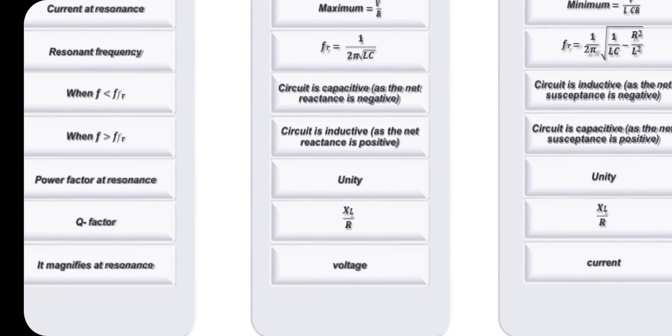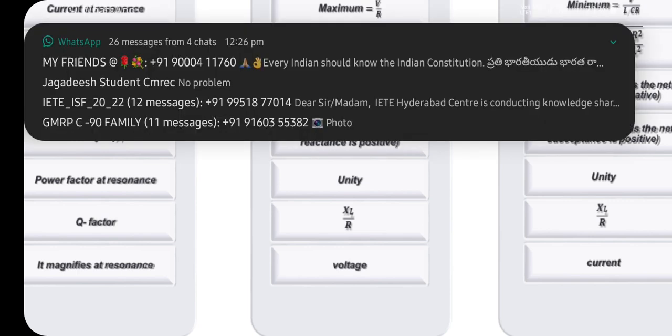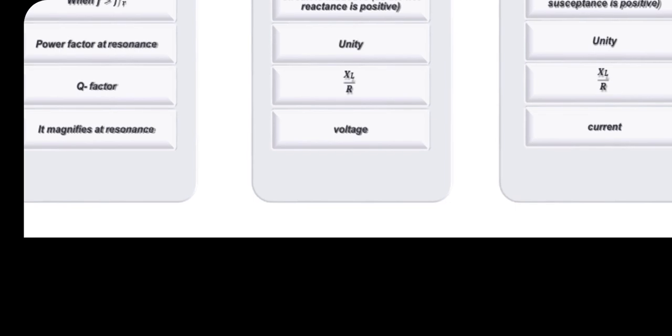And one more thing: the relation between the bandwidth and the selectivity, where selectivity means the Q factor, and the resonant frequency. So the Q is equivalent to F0 by the bandwidth. The bandwidth is inversely proportional to the selectivity. In the graph, when maximum selectivity is there, the bandwidth is minimum, and when the bandwidth is minimum, the selectivity is maximum. This will be shown in the graph in a subsequent lecture, where we will take up the characteristics.